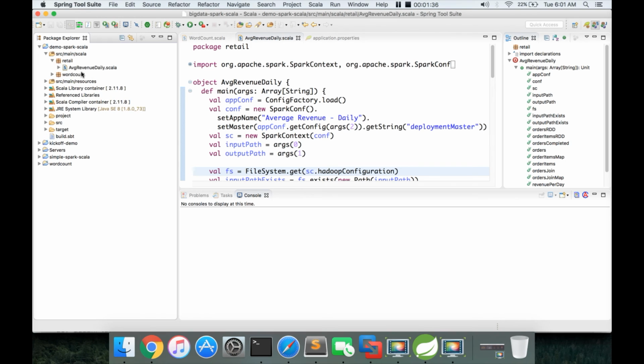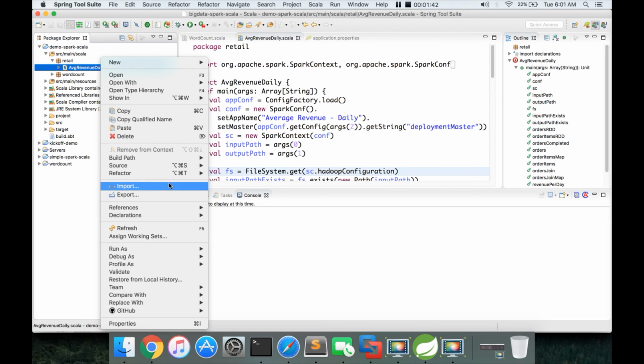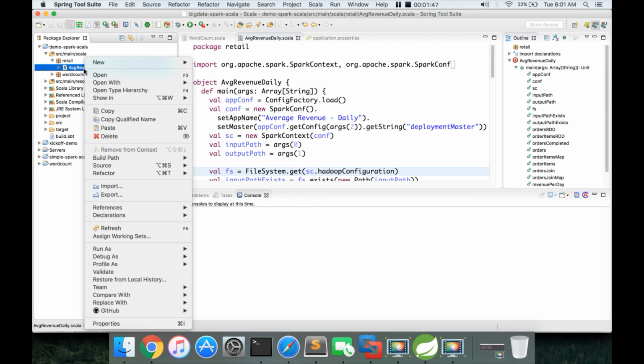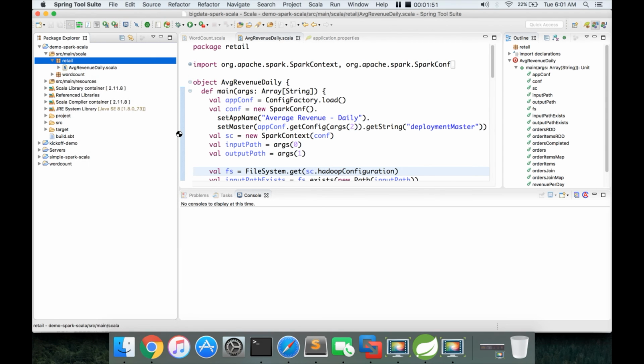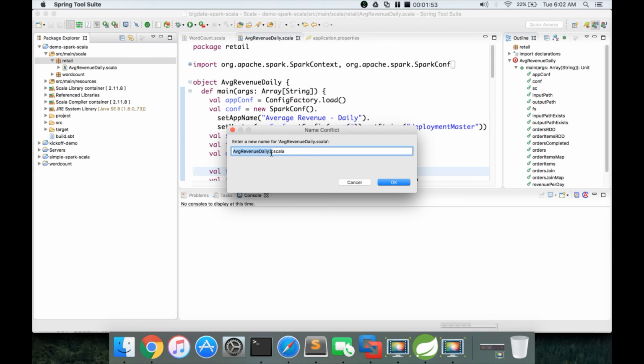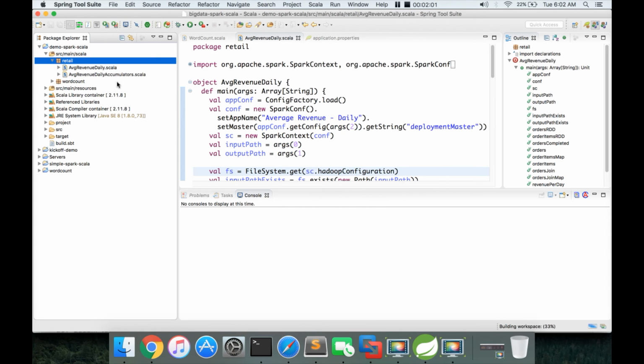We have only one program under retail, which is AverageRevenueDaily.scala. Copy this one and paste it, and name it as AverageRevenueDailyAccumulators.